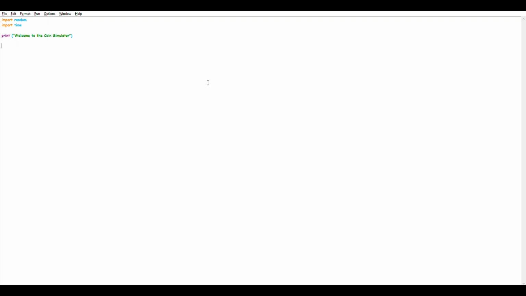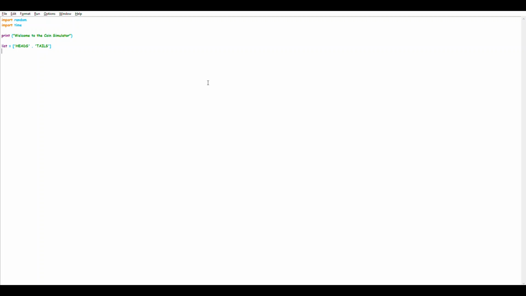Now let's get going with the list. So what are the only two outcomes when we toss a coin? Heads and tails. So that's what is going to be included in our list. For the list, you have to enclose them in square brackets and each of the options have to be enclosed in quotes. Heads, and you have to separate them with a comma. Heads and tails. Close the square bracket.